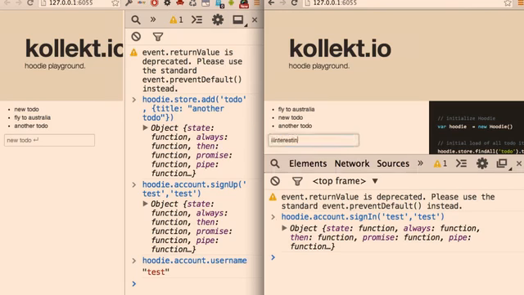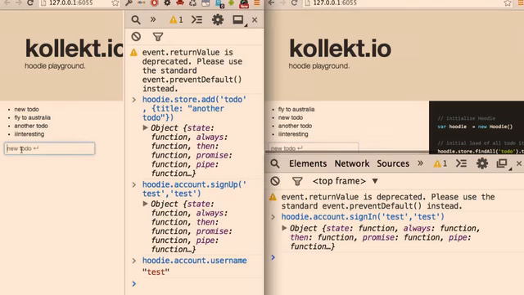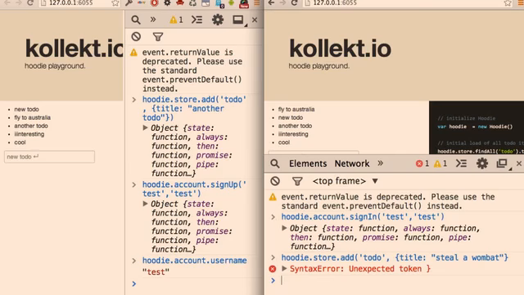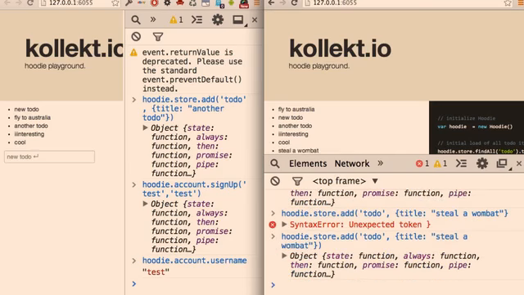If we add something in one tab, it'll go to the server, and then it'll be synced back to all instances of the local database in both directions. And in the background, you're still only doing the exact same thing you were doing before. Hoodie store add, give it a type, give it an object, and that's just going to work. Because the underlying architecture is that's just how it works. When you type your code correctly. There you go.